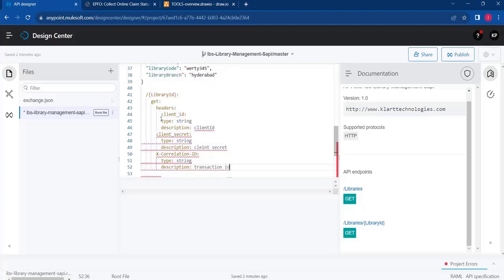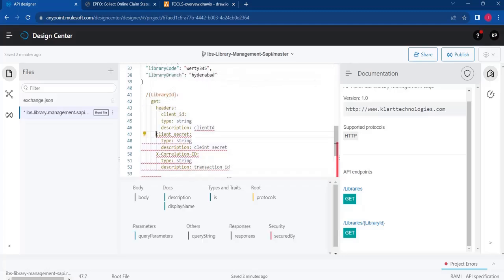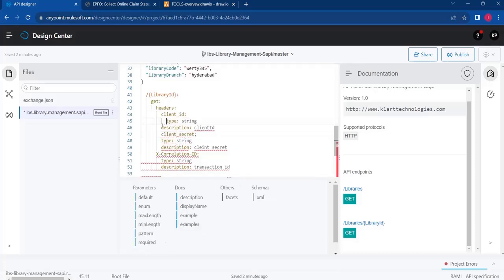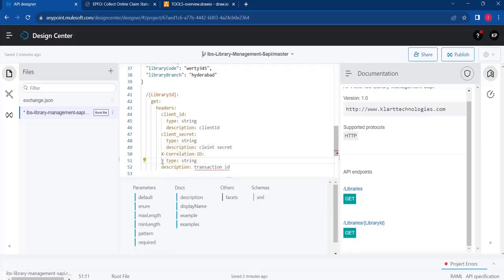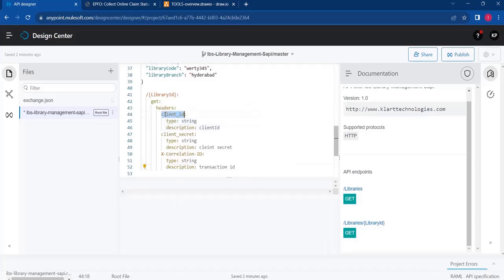See, some indentation is missing, so you need to just adjust this indentation. Don't press space, just click on tab. The tab button is there now on your keyboard, just press that, it will get adjusted. So this is the client ID header. Inside that you need to provide the properties. So under the client ID you need to give one tab and you need to provide the properties for that